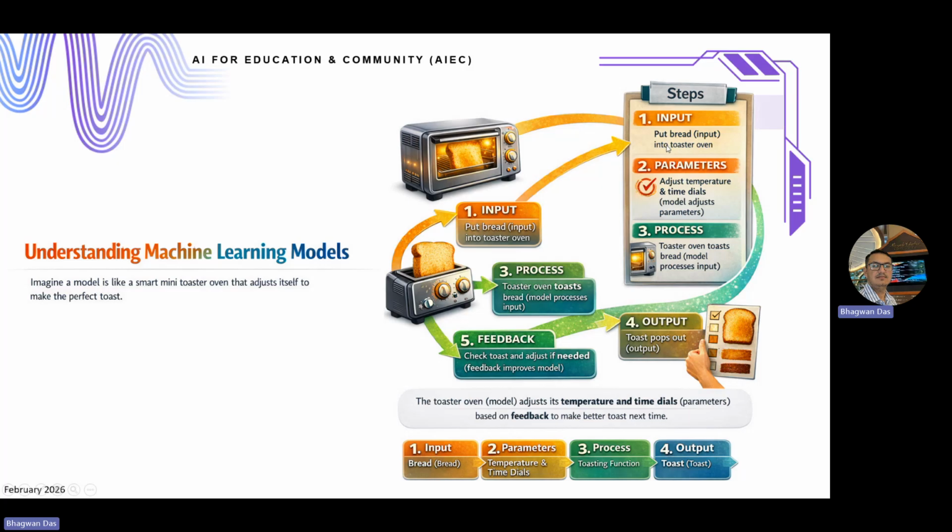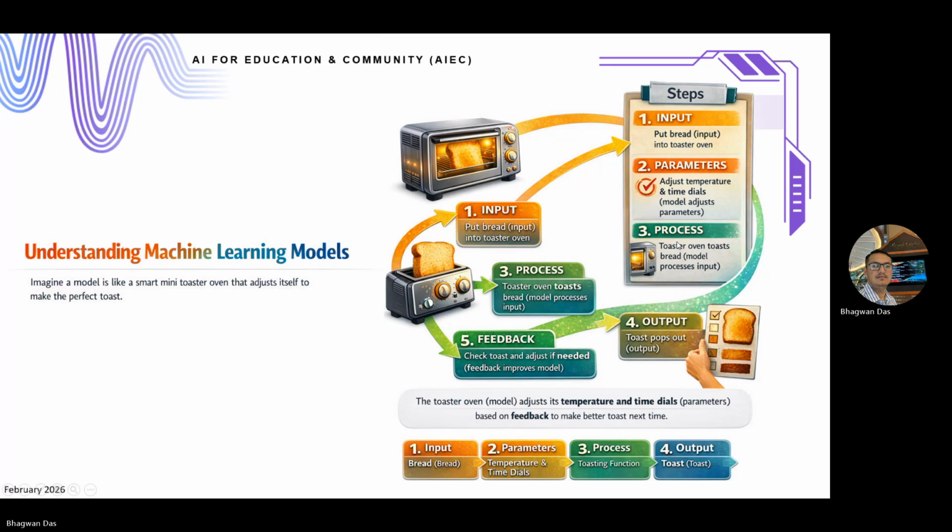What's the purpose of the oven? The oven works as the model. What's the purpose of that model? The purpose of that oven is to adjust the temperature, adjust the time, and some other necessary parameters that you require for making the toast as well. Now, once you select the parameters, you turn on the oven and the oven works accordingly. It toasts the bread based on the input parameters that you have set for the bread.